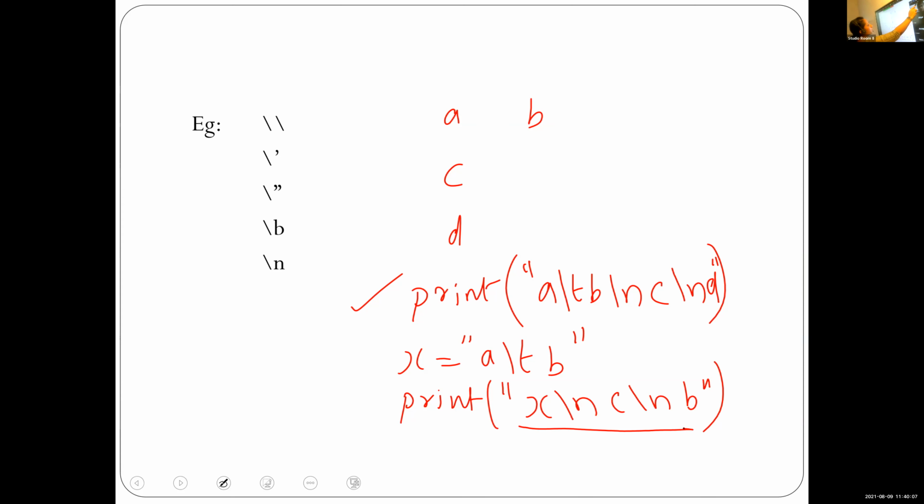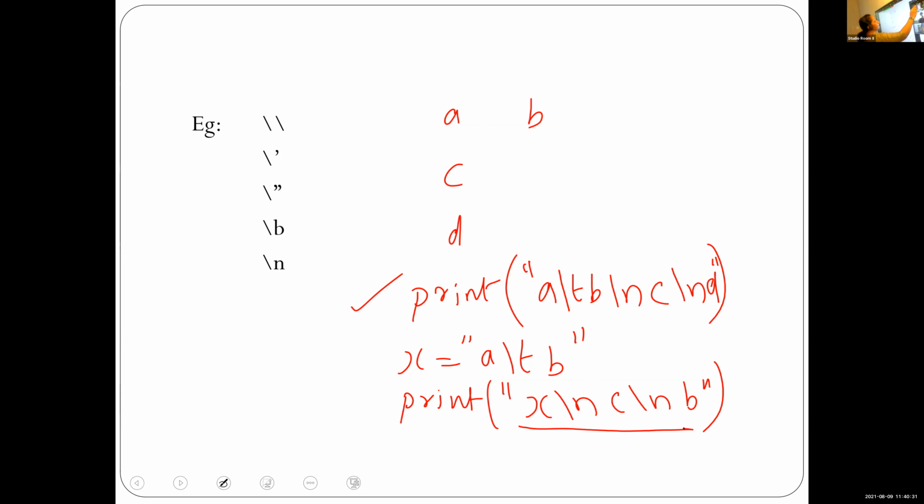Niranjan, you correct this statement. Here what is the problem? Jacob, you identify the problem here. Print x slash n, c slash n, b. What is the output of this statement? John Joes, your concept is correct, but there is some problem in this print statement. What is the problem, John Joes?